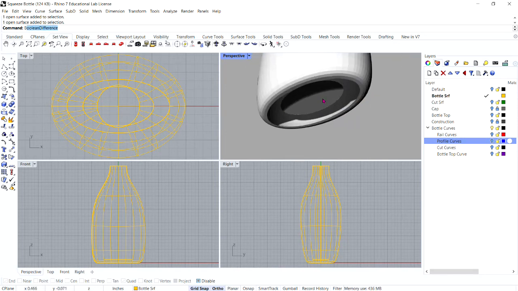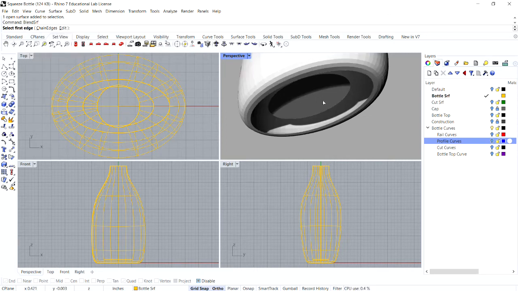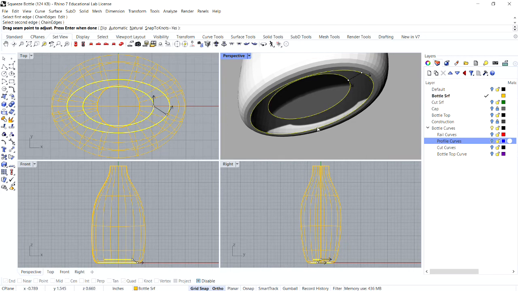Then I'm going to start the blend surface command in my command bar. For the first edge, I'm going to select the edge of the ellipse surface. For the second edge, I'm going to select the edge at the bottom of the bottle surface.